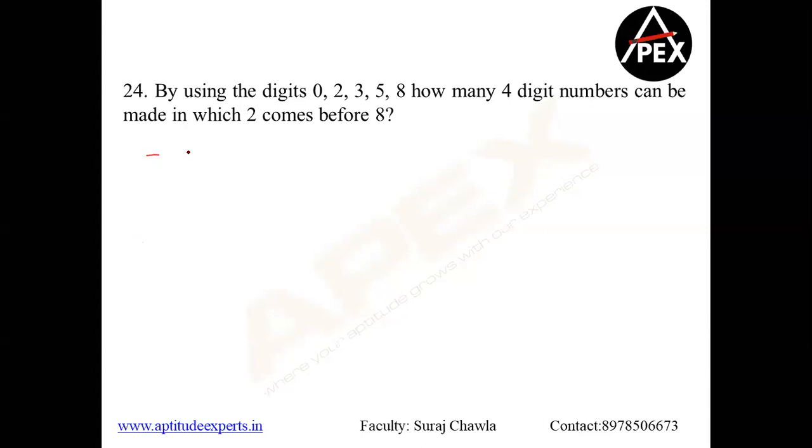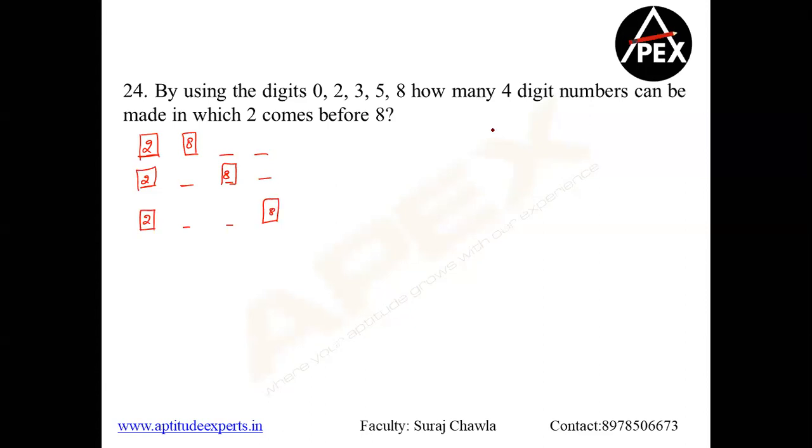So let's try to understand. Again, 2 comes before 8. So again, I'm looking at all the places where 2 is blocked in the first place, guys, okay? First place 2 is blocked. Why? Because treatment will be same. So how many cases? 2 and 8. So I'm writing once again for people who were absent yesterday or who did not get the approach. If 2 is blocked here, 8 again here, and 1, 2, 3, 4. If 2 is blocked here, 8 will come here.